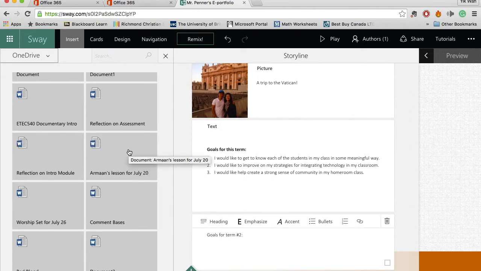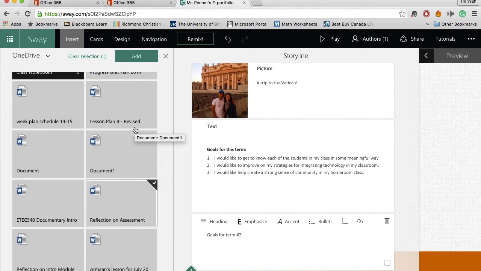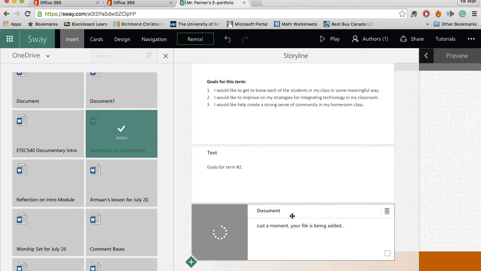So let's say, this is my own personal stuff, so let's just say I want this. Let's say you want to add your Roman Testudo reflection. You would find it in your OneDrive, then you would click Add. Now, it's really important that you name your documents in OneDrive. If you haven't been naming them and it's just Doc 1, Doc 2, Doc 3, it's going to be really hard for you to find because you're going to have to look through all of them to figure out